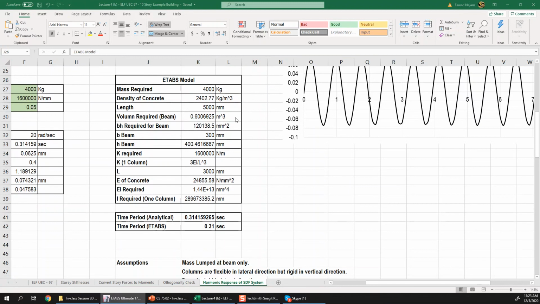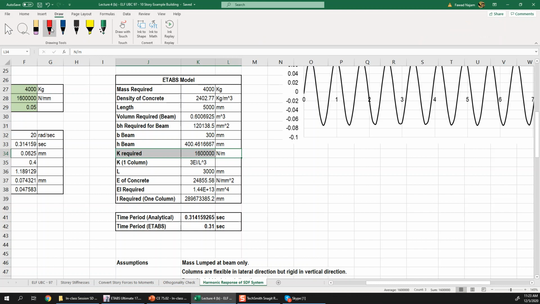So let's first discuss the modeling of a single degree of freedom system using ETABS. Let's say that we are given a fixed lump mass, and we are also given K, the lateral stiffness of that single degree of freedom system. So if we are given, for example, a single degree of freedom system like this, that I have two